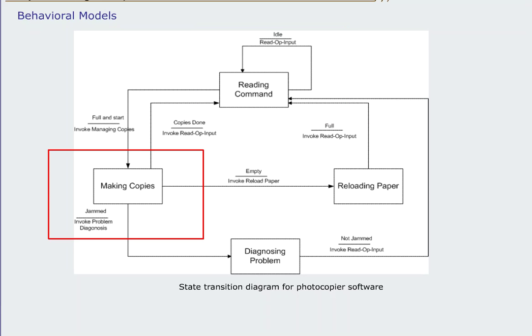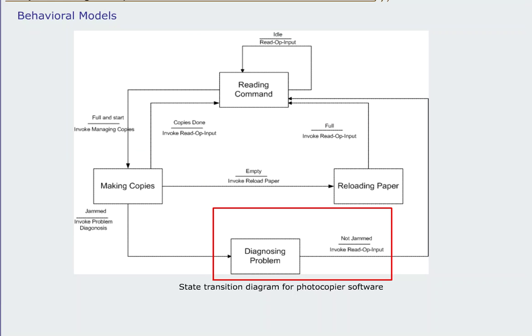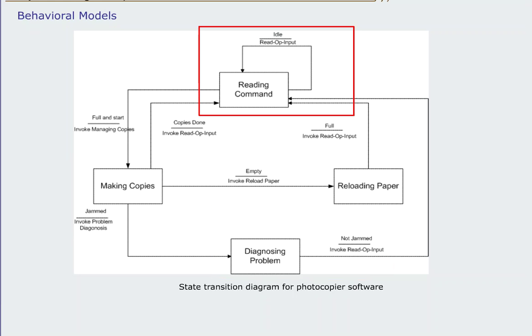While copying, paper can be jammed in the machine. In that case, system will enter the diagnosing problem state. When the jammed paper is removed, system will go back to reading command state. If user wants to continue with copying job, system will go back to copying till the job